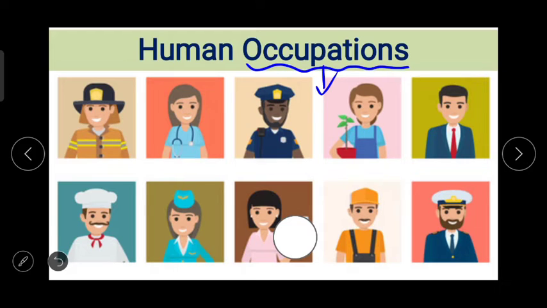About that only today we are going to study in this topic, human occupations. Now a teacher's job is teaching, and teaching is an occupation. Similarly doctor, engineer, these are different occupations. Serving in a hotel, a waiter, that is also an occupation. So these are the different occupations which are divided into primary, secondary and tertiary occupations. About that we'll study later, but here in the beginning it is very important for you to understand the meaning of the word occupations.